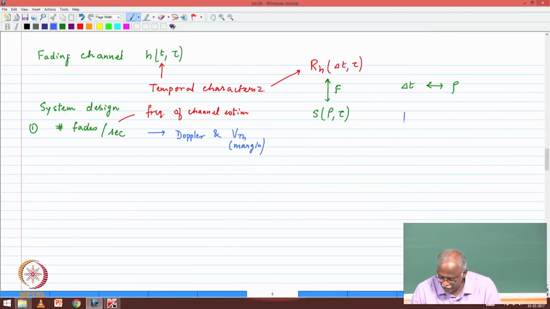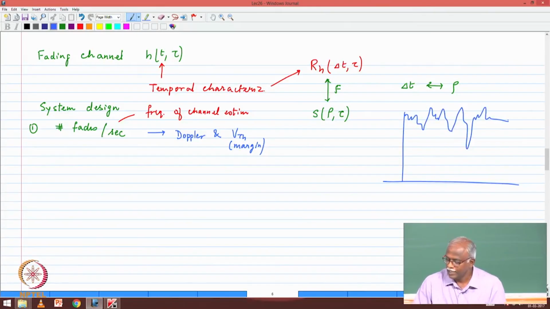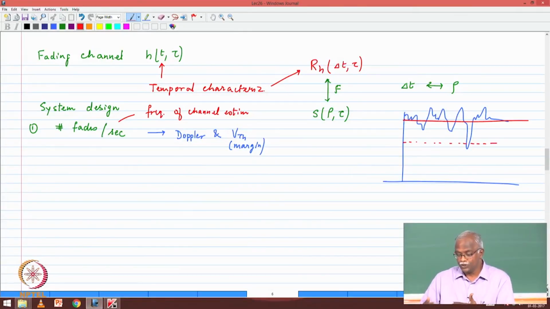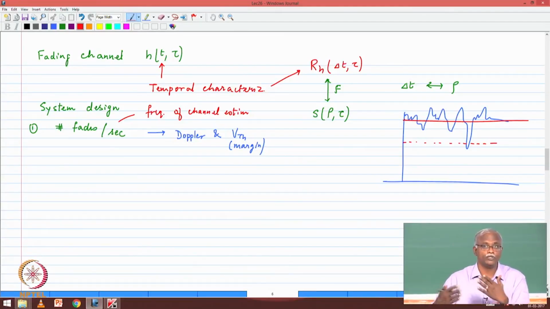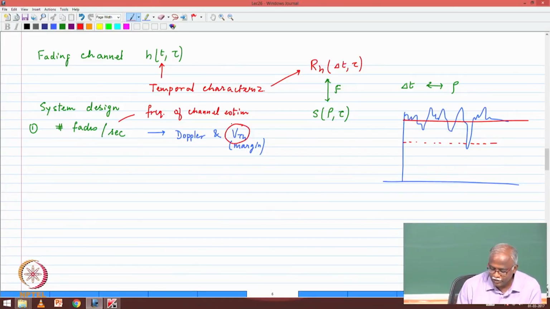So in other words, if I were to draw it in terms of a time variation, the channel fluctuates like this. Now if I have designed my system to have this as my threshold, I get a certain number of fades. If I have designed my threshold to be something else, this is a fade, then I get much fewer fades. So in the second case, the dashed line case, I have more margin, therefore the fades are not occurring as much. So an important element is going to be the threshold at which you are going to declare a fade.